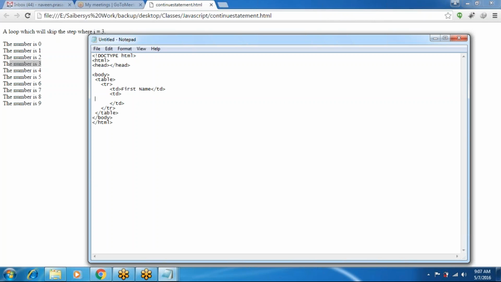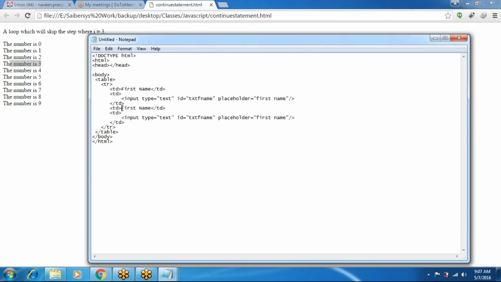Okay, td, input type equal to text, and id txtFirstName, and placeholder equal to first name, like that.